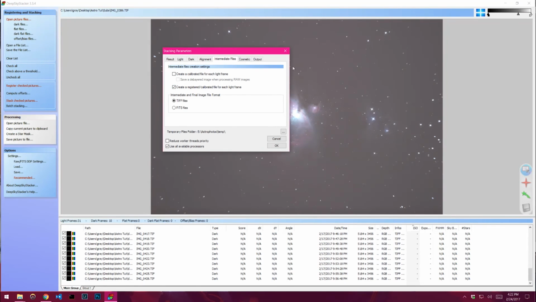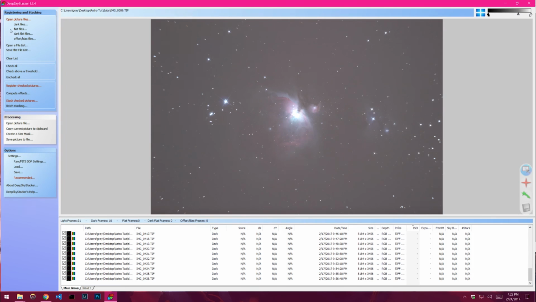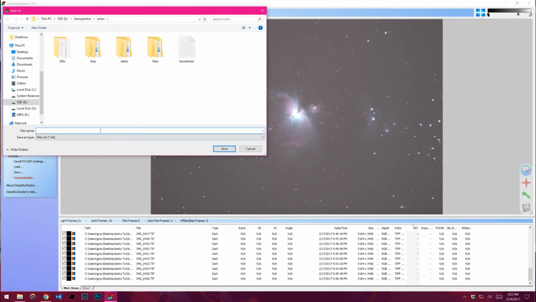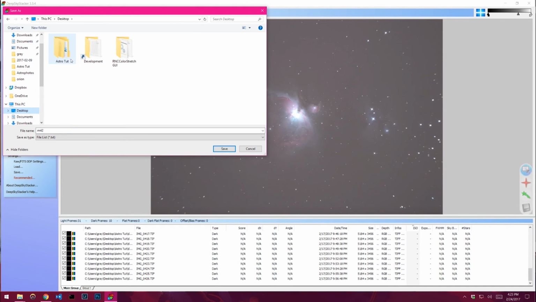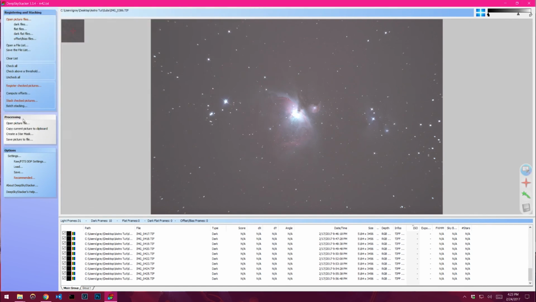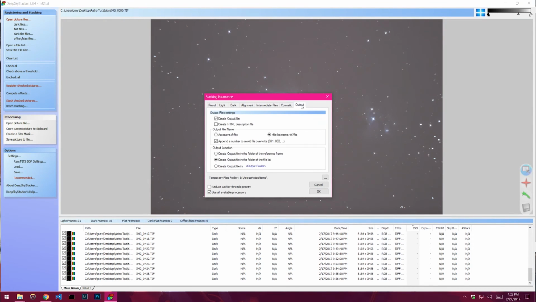light frame, where we're going to use there. And okay, so output in the file folder list. So we're going to press cancel for now, and we're going to do save file list. We're going to call this M42, and I created a folder called reg, and this is in theory where I want my registered and calibrated files to go. So I believe that if I save this file list here, then it'll save all the output files for me in that same folder. So if we go back to stacking, output,